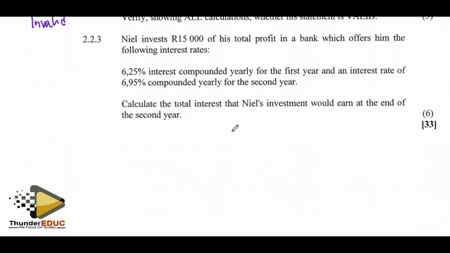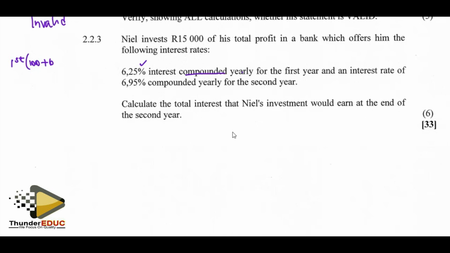They tell us Nelly invests 15,000 of his total profit in the bank, which offers him the following interest rates. The first interest rate is 6.25% compounded annually for the first year, and an interest rate of 6.95% compounded annually for the second year. Okay, the total interest Nelly has. What I'm going to do, I will look for the interest at the end of the first year, because it's compounded. It means the money is going to increase by. So first year I would say